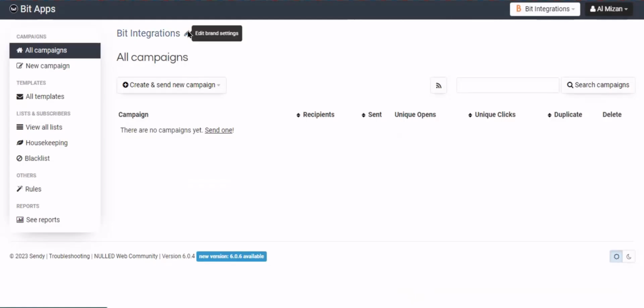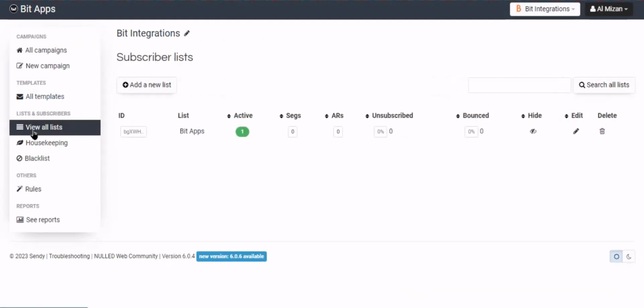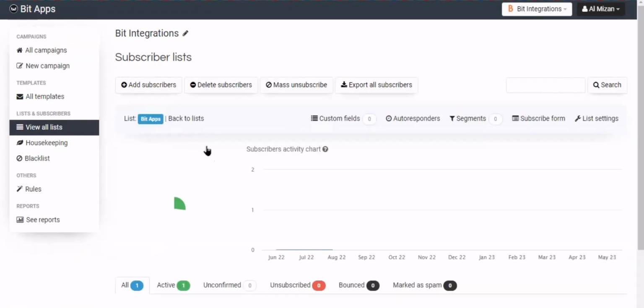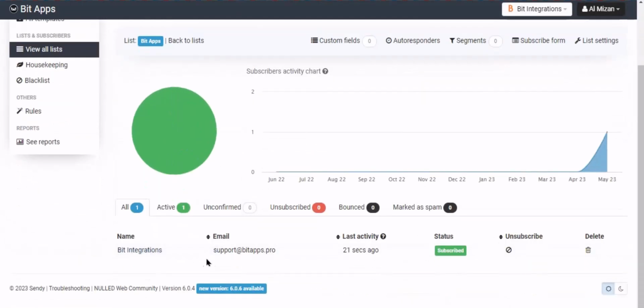Now navigate Sendy brand page and click View All List. Select the list. Here is the data that came into Sendy through the